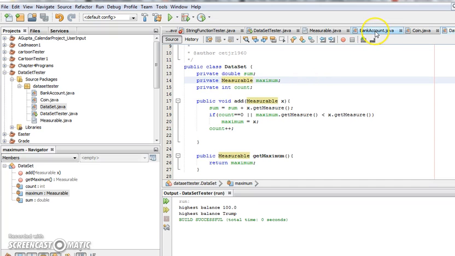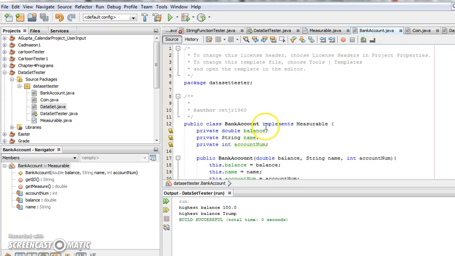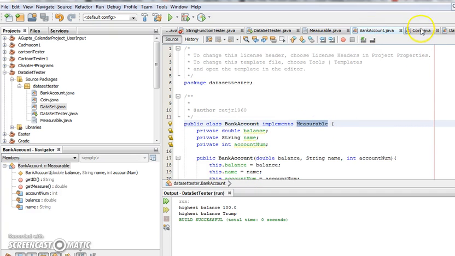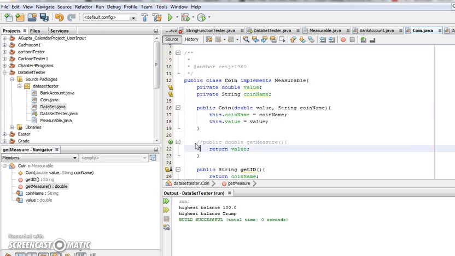So how I do this is I come into my bank account and I create my bank account and my coin like I normally would, but I add, by typing manually, implements, which is a keyword, and then the interface name. So this is called measurable. So I'm going to say bank account implements measurable and coin implements measurable. Now what I want to show you is if I do that and I have not yet put in the code for get measure and get ID,